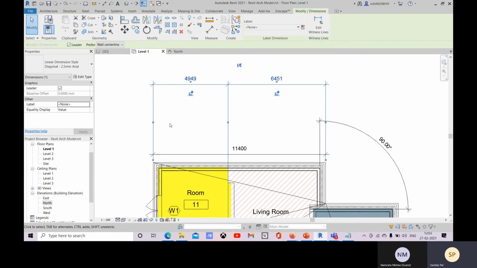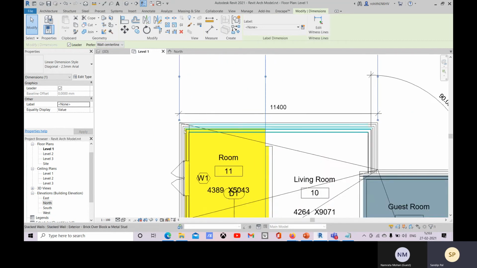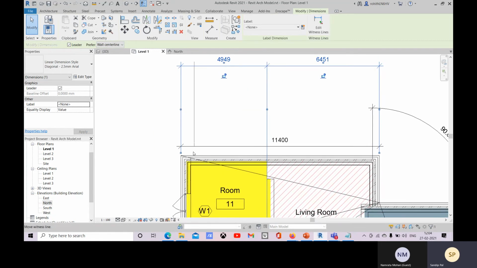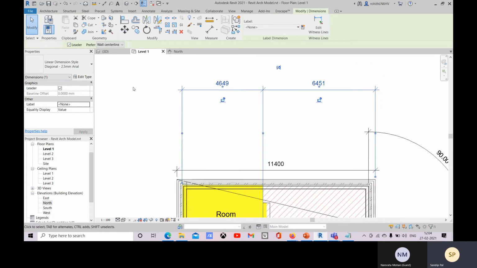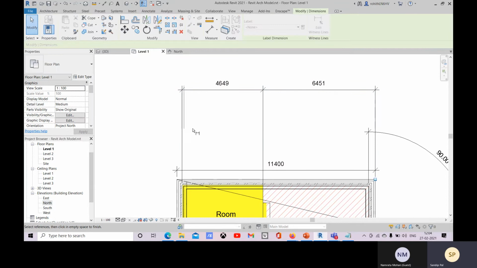And now see why we need that leader. Now let me select this and edit witness line. You see why I'm getting this witness line from this end?